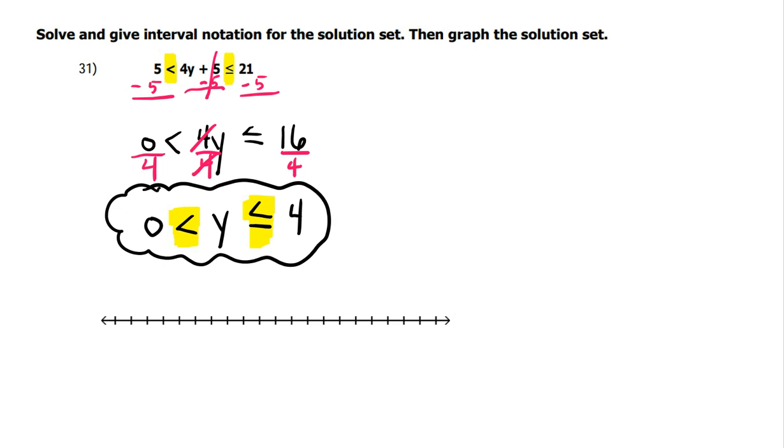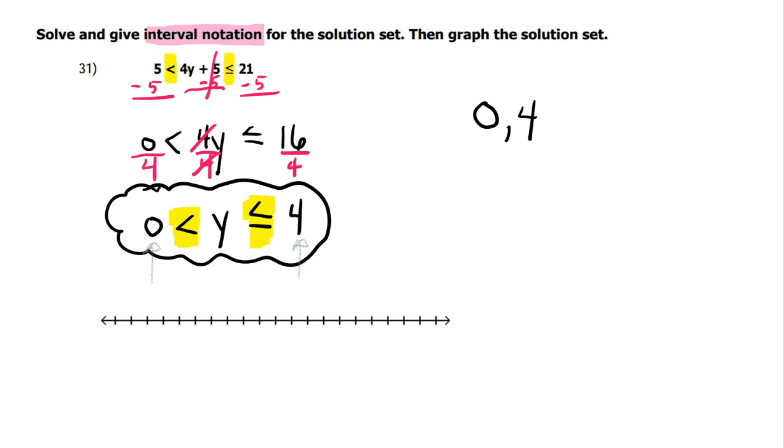But then I asked for it also to be put in interval notation. And you can see that it goes from 0 to 4. All right, so in my interval notation, it'll be 0, 4. However, because of the,